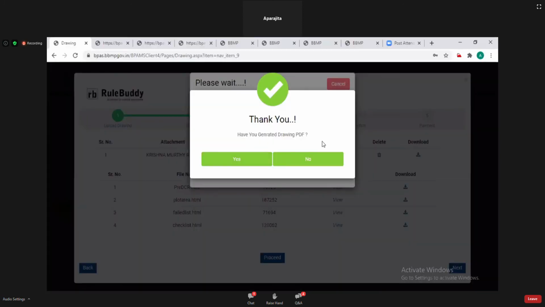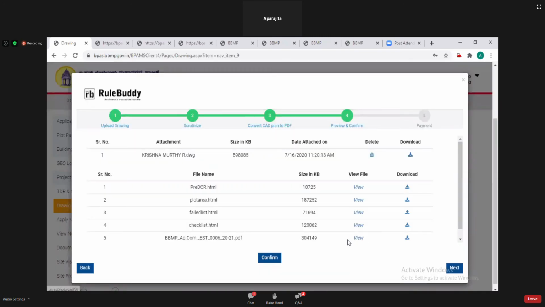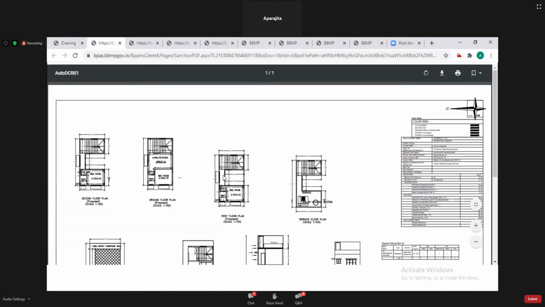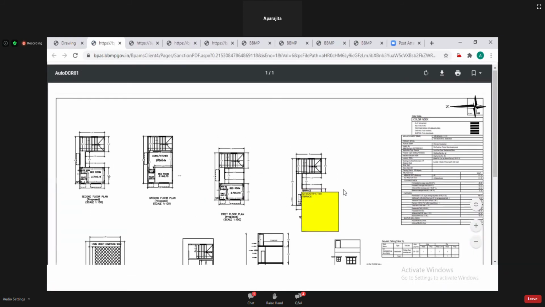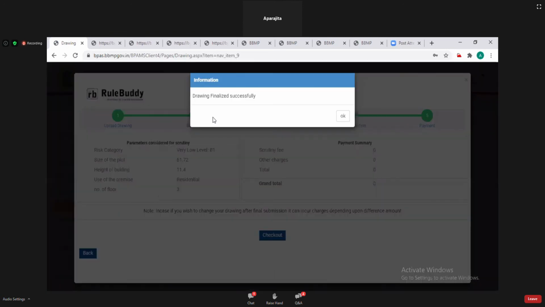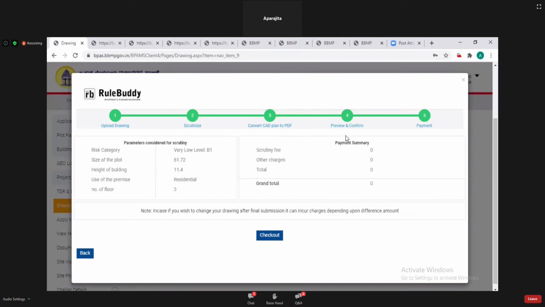So have you generated the drawing PDF? Yes. So now you can see your PDF here. Yes. Then click on confirm to finalize your drawing. Drawing finalized successfully. So click on OK.